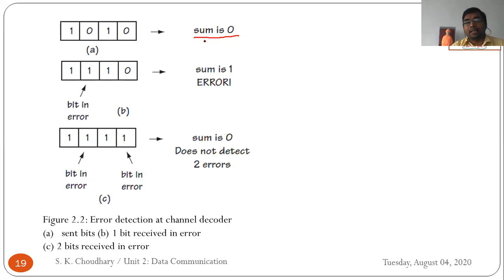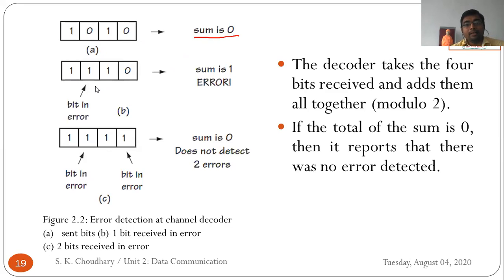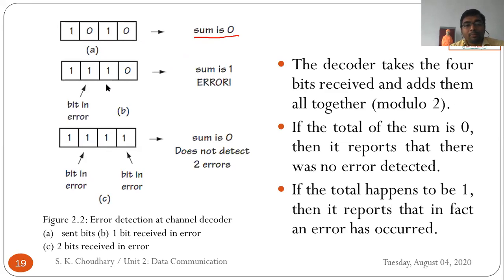But when it is passed through the channel and received by the receiver, 1 bit has changed. Okay, 1 bit has changed, and when you take the summation of this, the total is coming as 1. 1 plus 1 plus 1 is coming as 1. Means as per the rule of the single bit parity check, we come to know that there is a 1 bit error. On which bit, it is not known by the receiver, but for the sake of simplicity, here we know what the transmitted bits are. So we can easily identify that at this particular bit position, there is a 1 bit error.